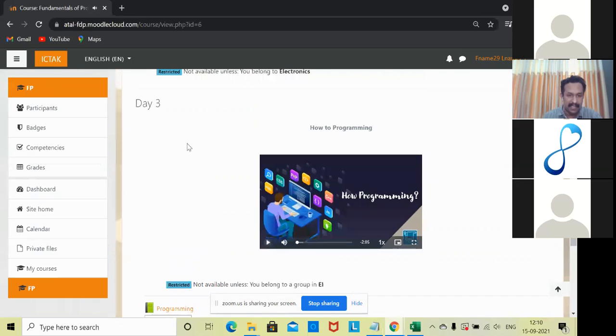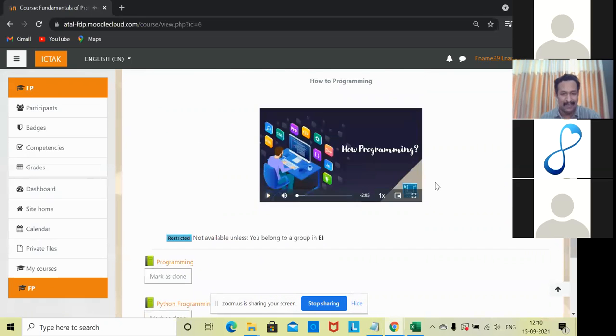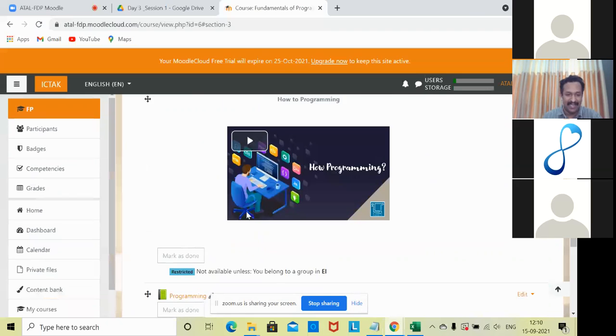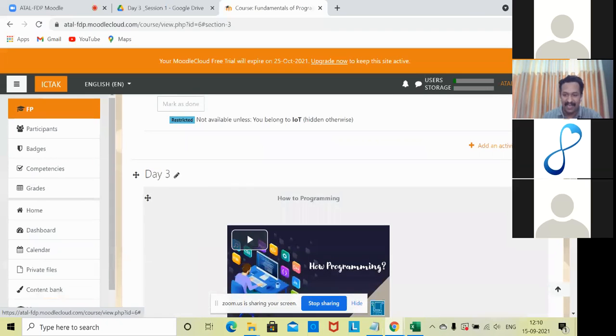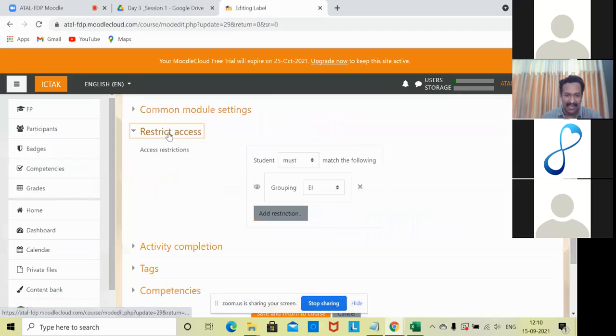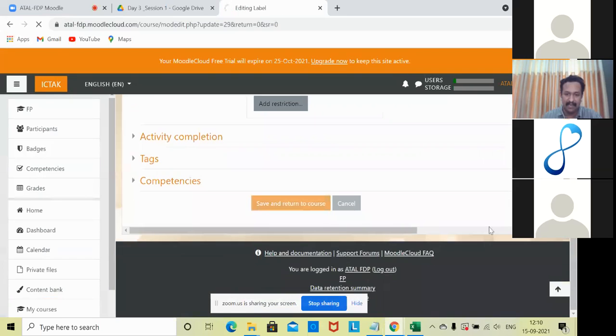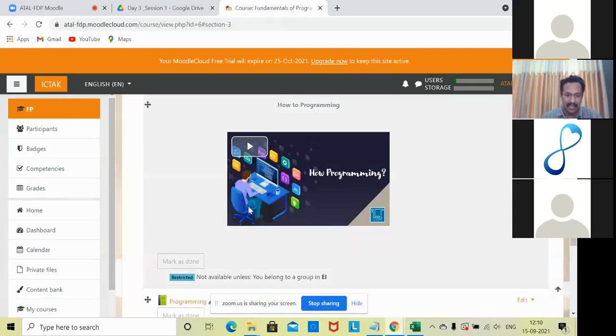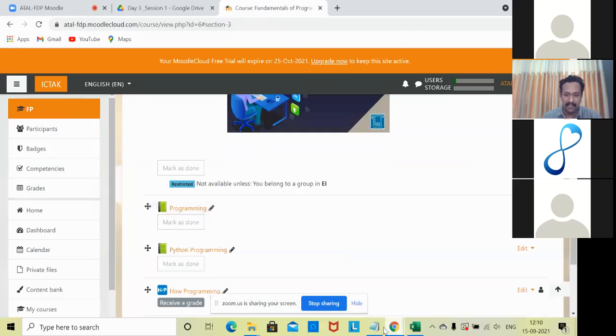So that means it is a section-wise restriction. One second, let me change that once again over here. This is the editing category where we will have to add it. It must be a member of this group. So let me refresh with that.